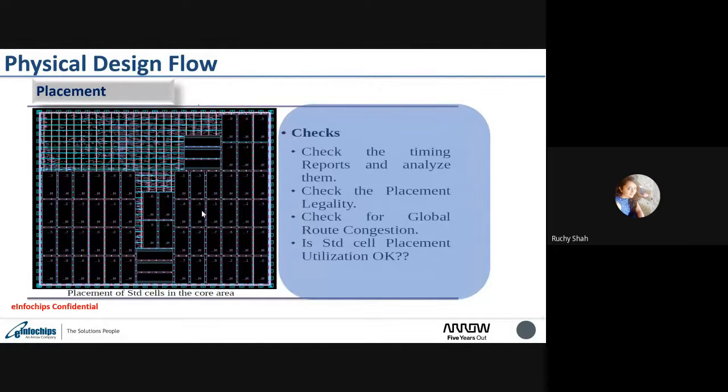If there is a setup violation or congestion, we have to solve it in this stage only. We will not move forward with this kind of violation to the CTS stage. So this is all about the placement stage. If it is all okay, we can go to the next stage.